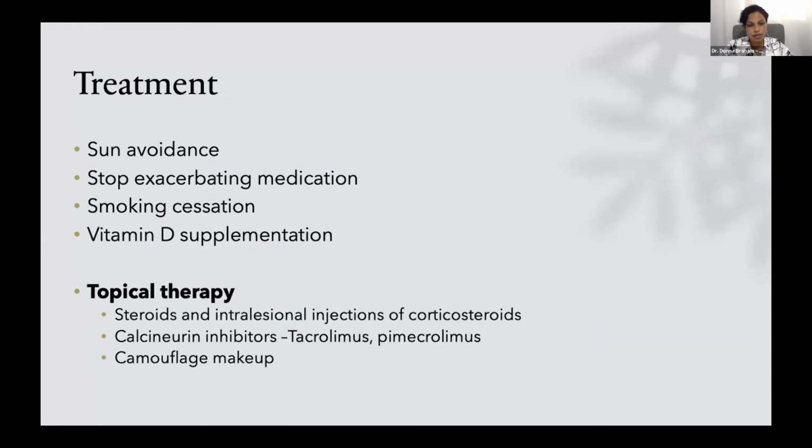Treatment, sun avoidance. When we say sun avoidance, we don't mean just sunscreen whenever going out. We mean sunscreen every single solitary day, as Dr. Clark alluded to earlier. Sunscreen is absolutely important whether you're going out or not. And we know that lupus erythematosus is a photosensitizing disorder. So they are supposed to wear an SPF 50 or above that is thickly applied.